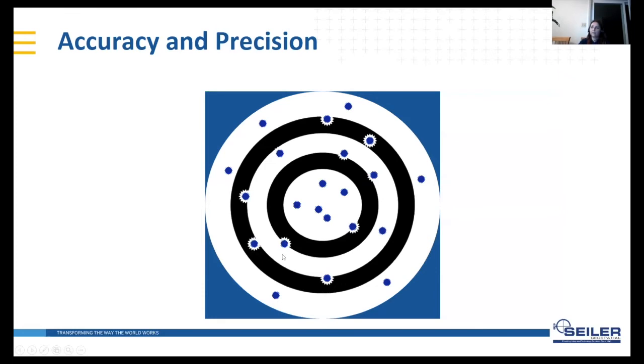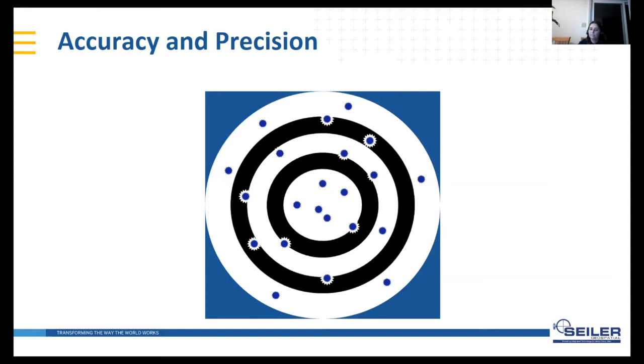And what are accuracy and precision? We need to understand the difference between them. Accuracy is being nearest to the truth. This is the correct value, but we never actually know it. So we will be close to accuracy, but we will never exactly point at that value.